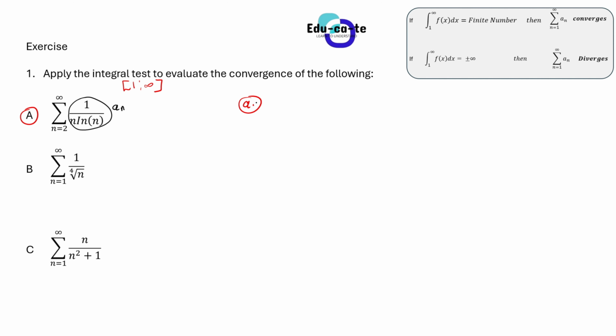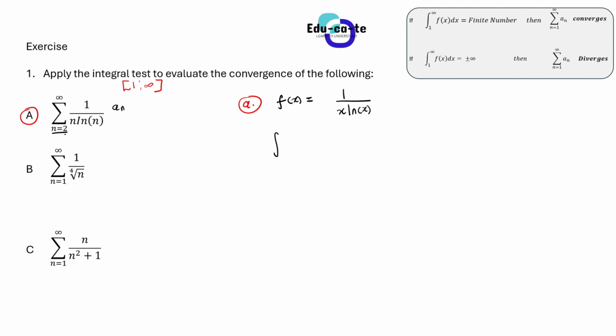You can transform it into a geometric function, something like f of x is equal to 1 over x ln x. So basically, where there is n, you are just going to replace it with x, so that you can make this a function that you can draw geometrically. So now for you to do the integral test, remember, you basically find the integral.